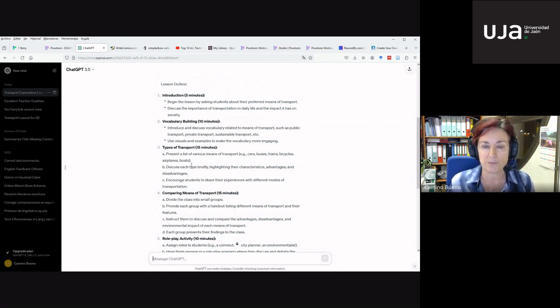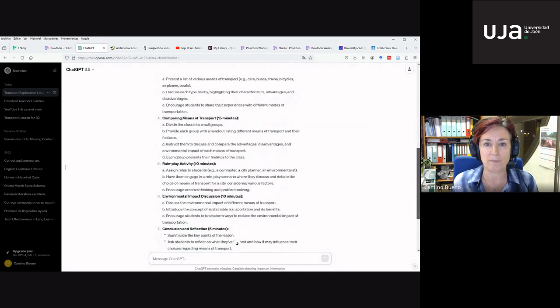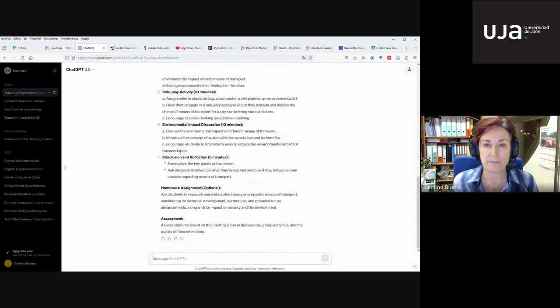Types of transport: present a list of various means of transport, discuss each type, comparing means of transport, role play activity, environmental impact discussion, conclusion and reflection, homework assignment, and assessment. And it's as simple as doing that. So that is for the first thing I told you, activities.